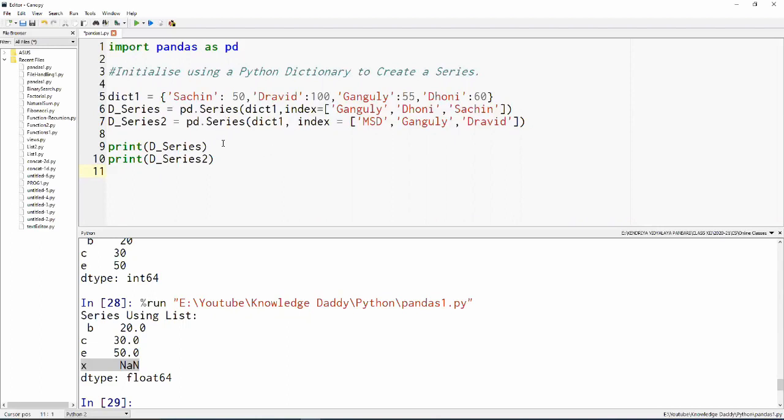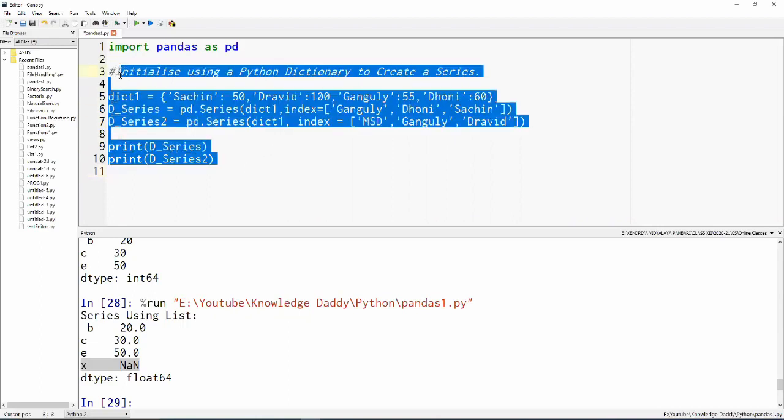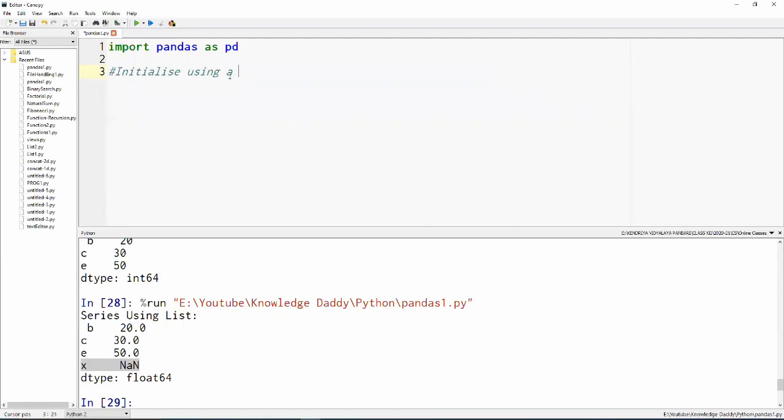Okay, so let's move into initializing using a Python scalar value. So what is basically a scalar value?